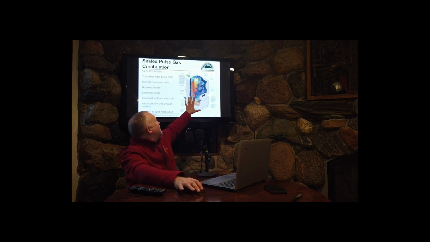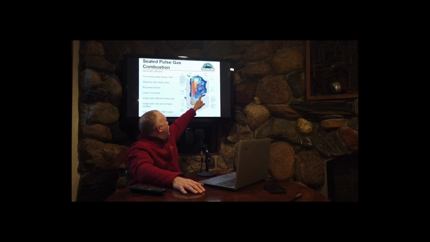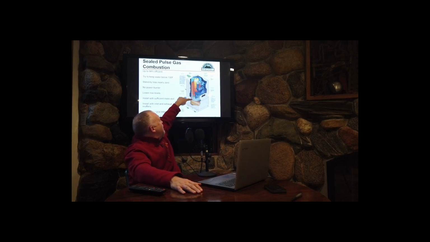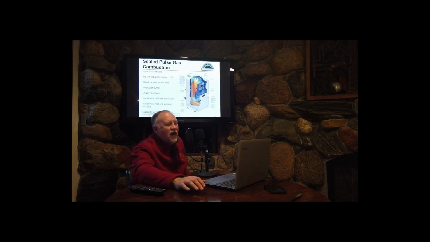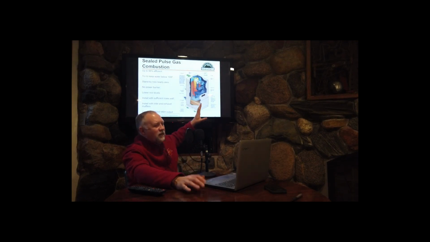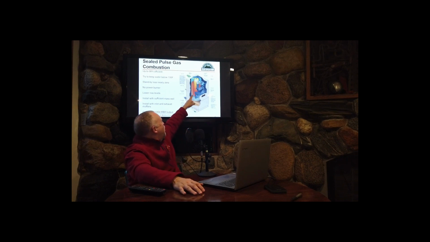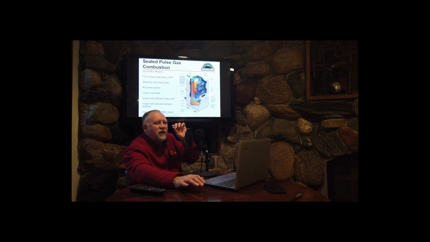Here's kind of a cut section of one of these condensing coil type boilers. The part in the center, usually it's a ceramic chamber where we bring in combustion air, combine it with natural gas, and set it on fire. See these U-shaped coils here? That's where the water passes through to get heated up. Notice as we compare this to a cast iron one, these coils are very small. The tube thicknesses are very thin.